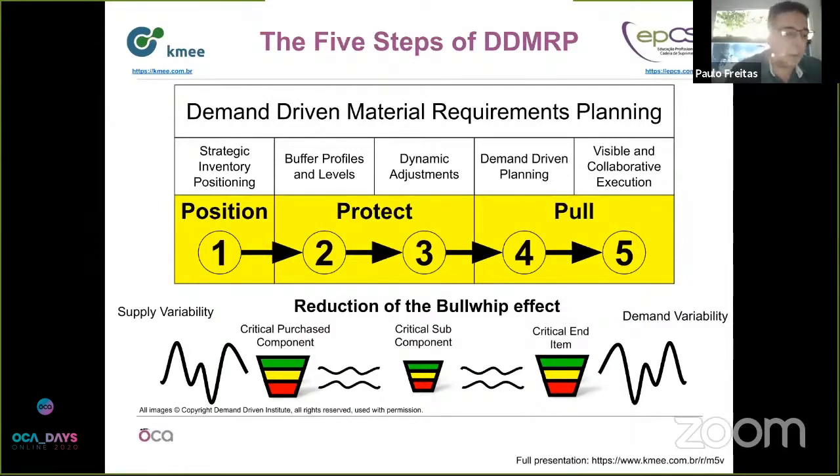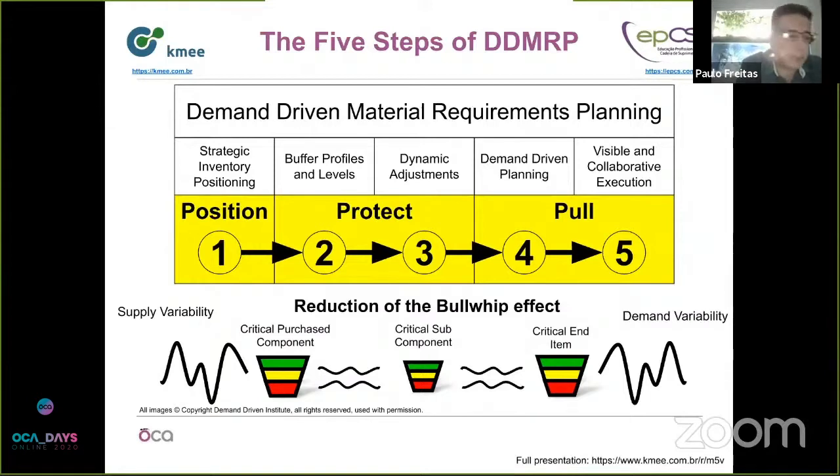And all of that you have to calculate, and it's all based on having a better return on investment. We just don't put stock everywhere, otherwise you end up having more stock. So this technique lowers your stock, because if you have stock in a buffer in a subcomponent, then your finished product stock can be much lower. The second step is to establish the buffer profile. Louis is going to show you a practical example of setting up a buffer profile. There are a few rules for you to know, but this is the sizing of those 3 regions: the green, the yellow, and the red zone.